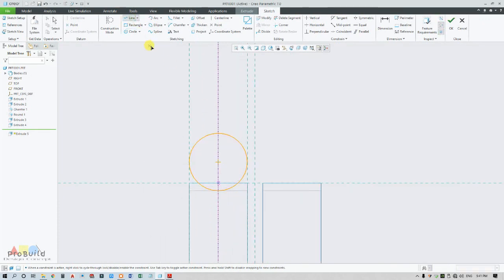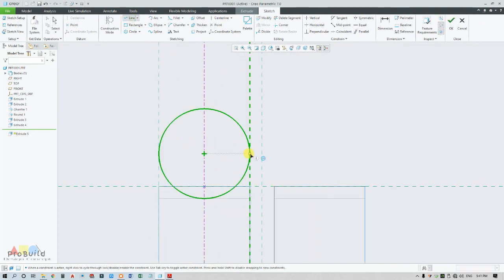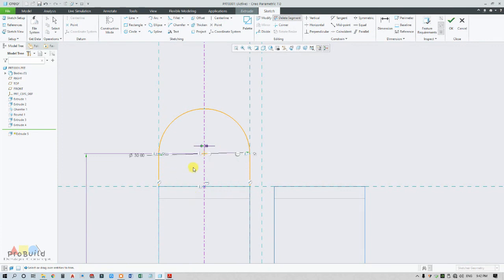Now go for a line from the quadrant up to this end, and from here as well. Now delete this segment, then connect both vertical lines. Now draw a circle of dia 14.